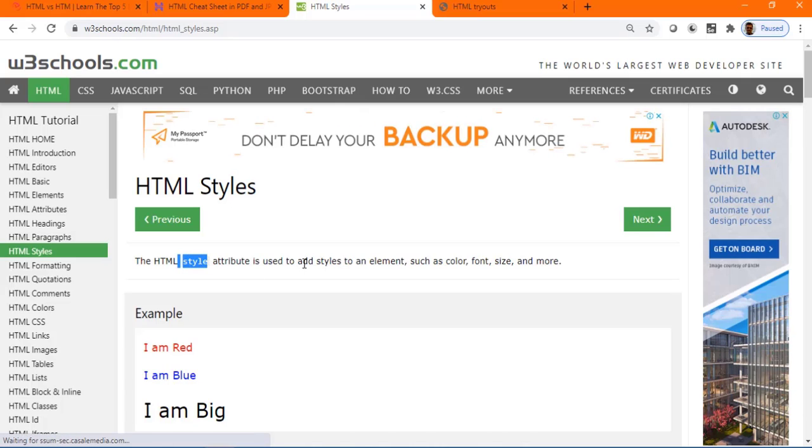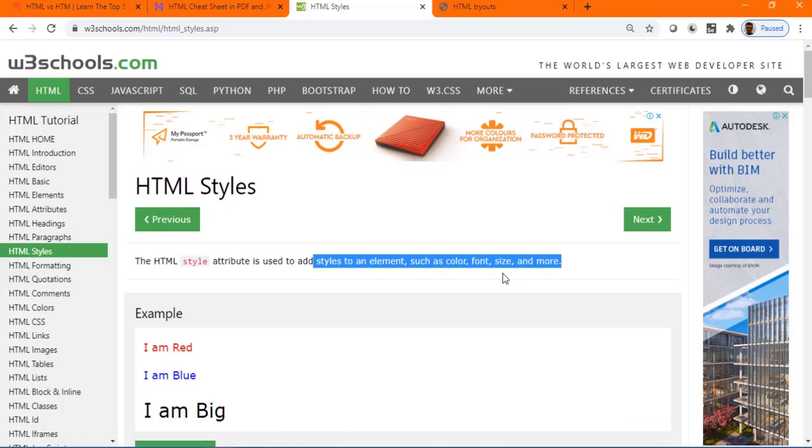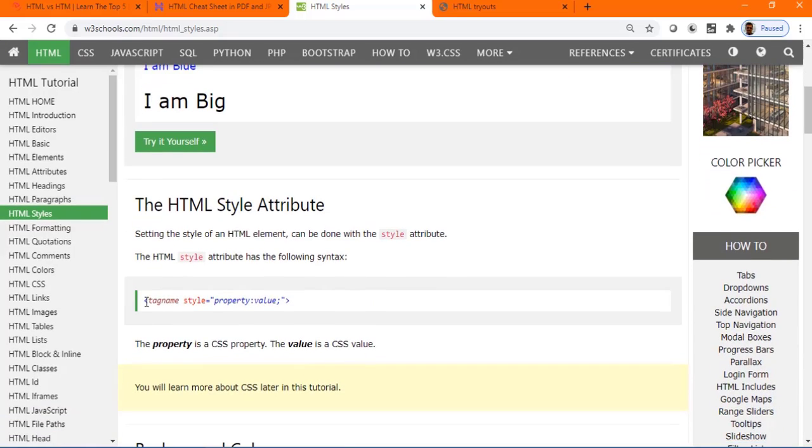So you can really go back and use your tag name, and for the tag name you define the style, and the style will contain property and value. This is the syntax. So what is the property? Color, font, width, height, and what is the value you would like to specify? 10, 20, red, green, blue. So this is the style concept. In our world we call it CSS.